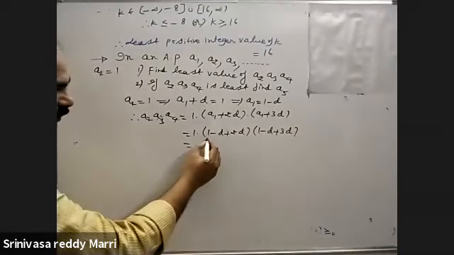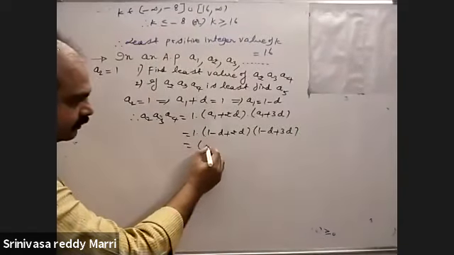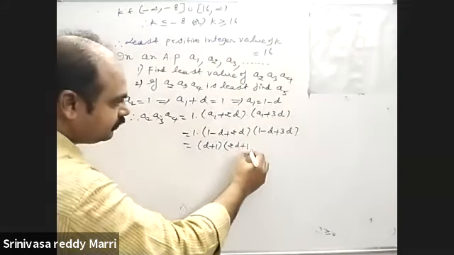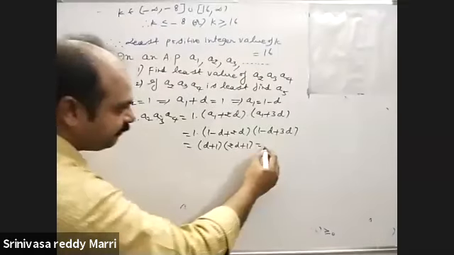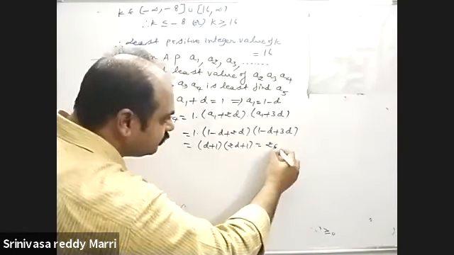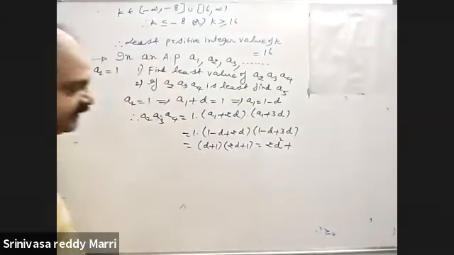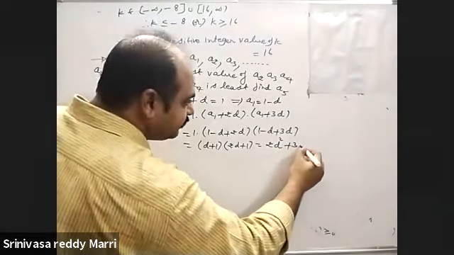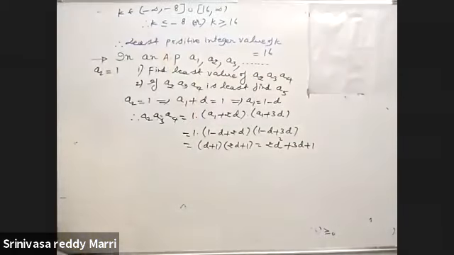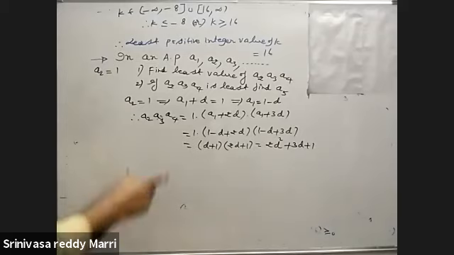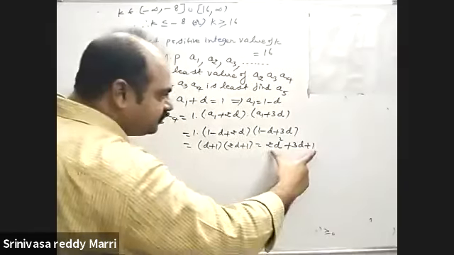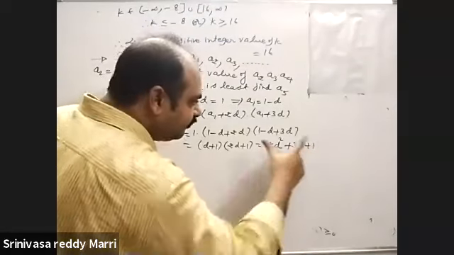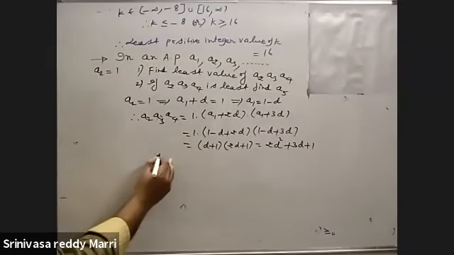So this comes out to be D plus 1 into 2D plus 1. Multiply this one completely. So you will get 2D square if you multiply this, 2D square plus D plus 2D. If you multiply this, you will get 3D plus 1. Now, this has been converted into common difference. Now, this is a quadratic expression. To find the least value, look at how to do it.